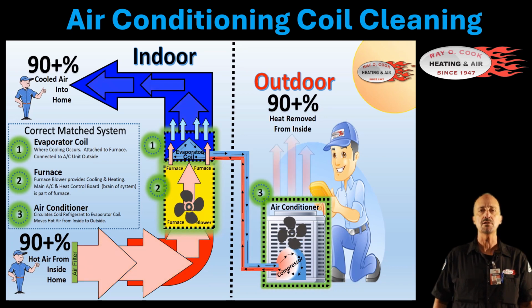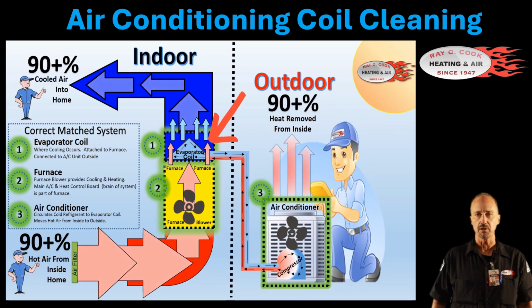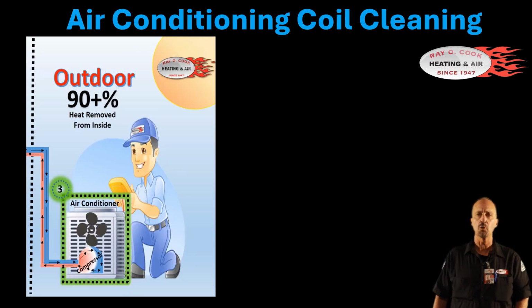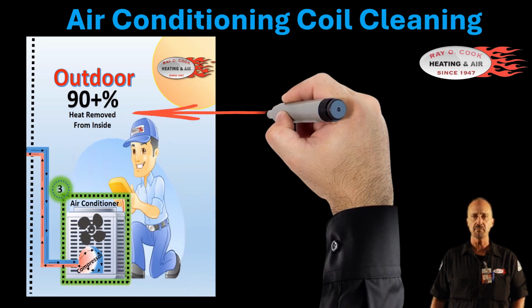There are two air conditioning coils in any home's air conditioning system that make this possible: an indoor coil, otherwise known as an evaporator coil, and an outdoor coil, otherwise known as a condenser coil. Let's talk about the condenser coil. This coil is what allows us to get rid of the heat that we have captured from the inside through your evaporator coil. Your condenser coil is located at your outdoor unit and may or may not be behind protective